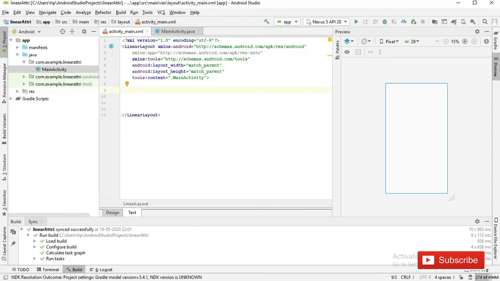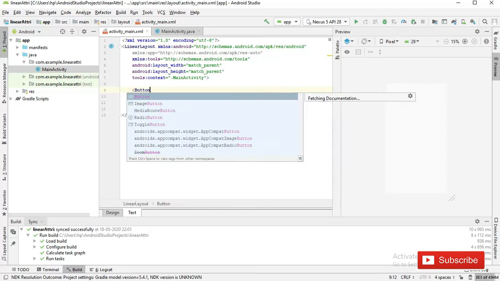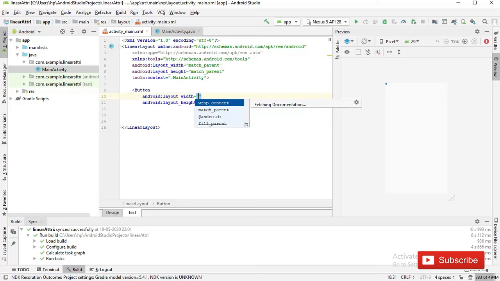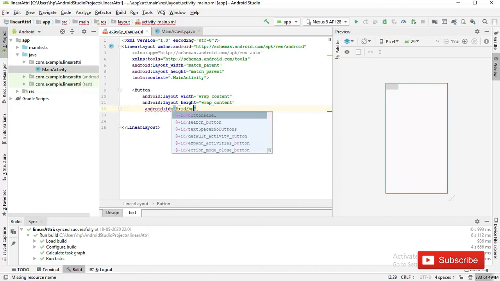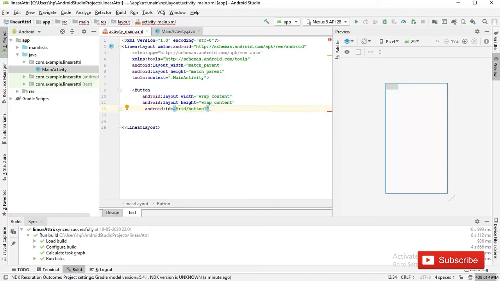We make two buttons in the linear layout, wrap content, and give the ID of the button. ID is button 1. Through this ID, we access this button. Text of the button. Text is inside the button. So text is button 1.